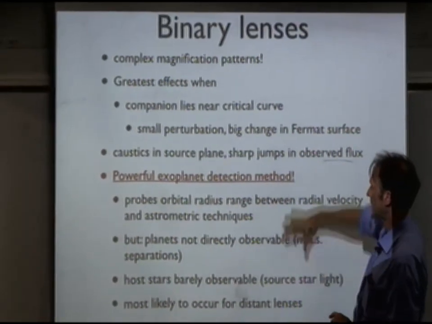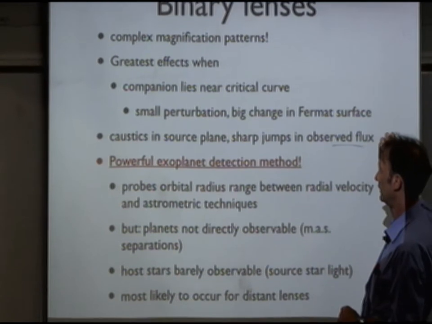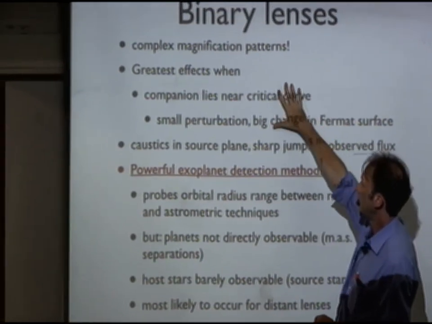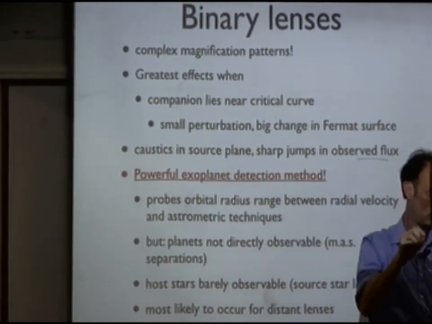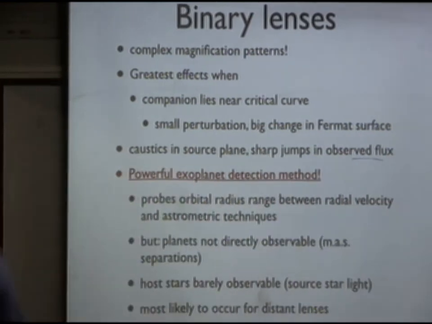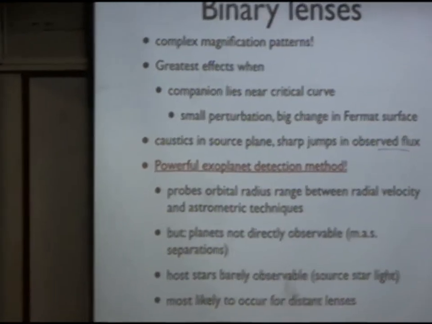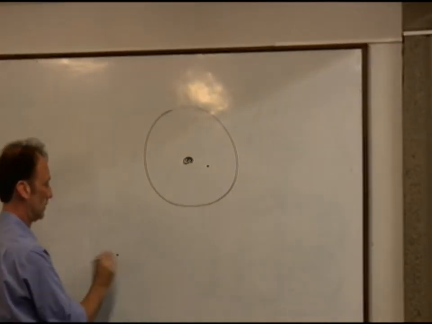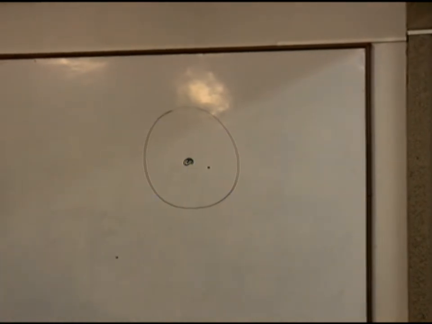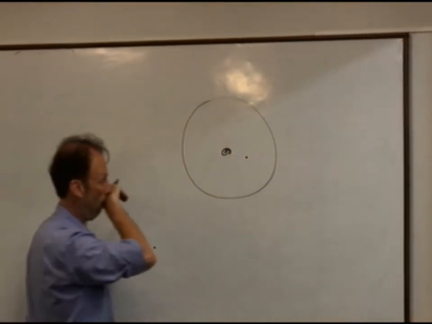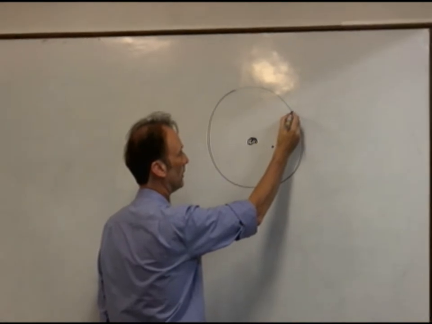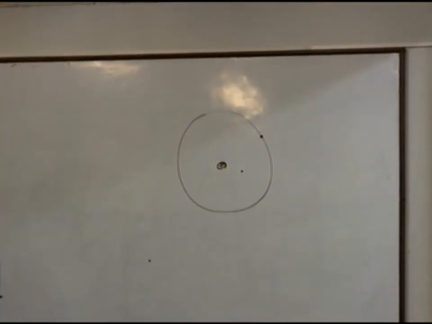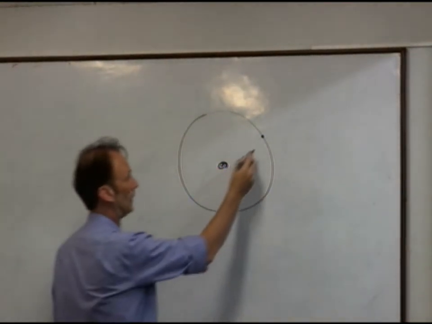So we'll go through all this. This is a kind of a summary of what we're going to be discussing here. But the largest effects you get, so imagine that you have a single star, single lens, Einstein circle around it, and imagine that it has a little planet. If that planet was sitting here or sitting here, it wouldn't affect the lensing of a background star very much at all. But if the planet is sitting right on the Einstein circle, right on the critical curve, then that's